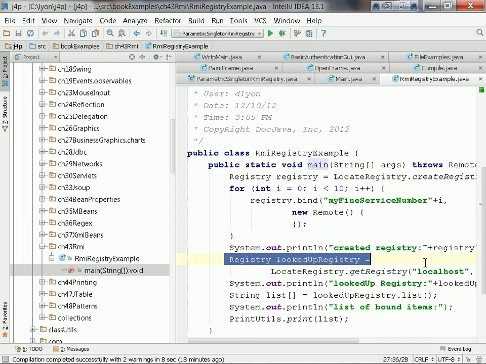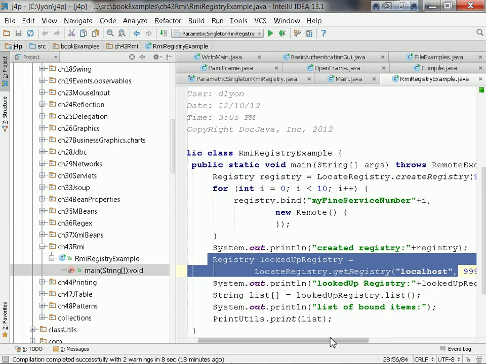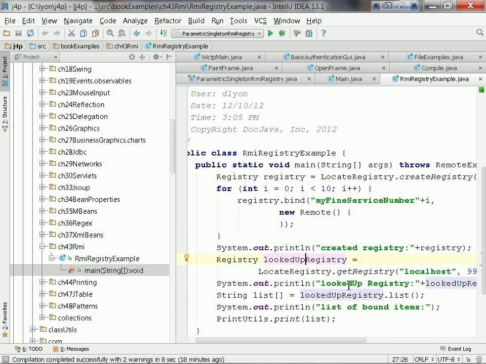If you do lookup registry here on the local host for a given port, then that registry is going to have the class path of IntelliJ. Has to. Unless you can somehow find a way to override it. So what that does is it allows me to avoid having to start the RMI registry from that location in